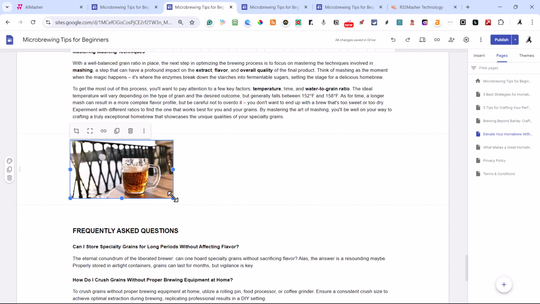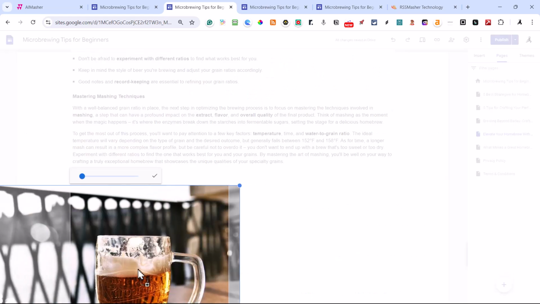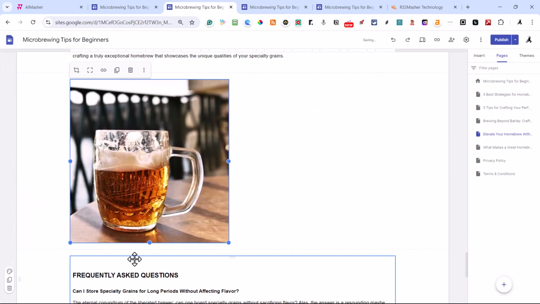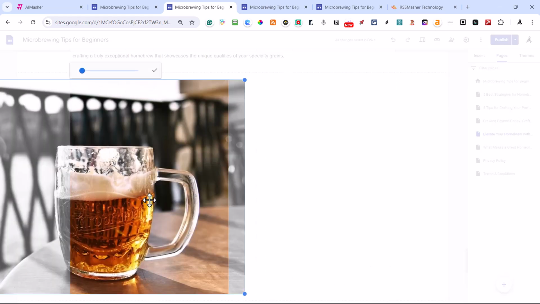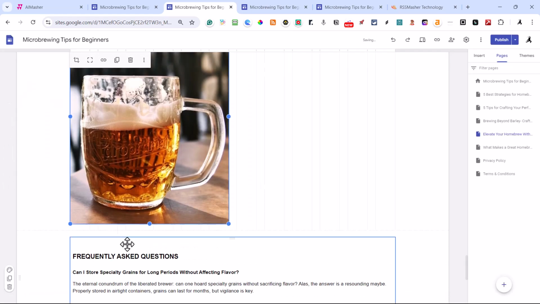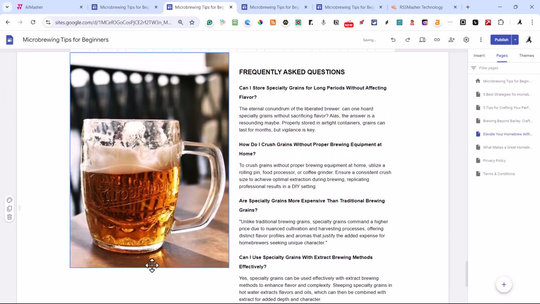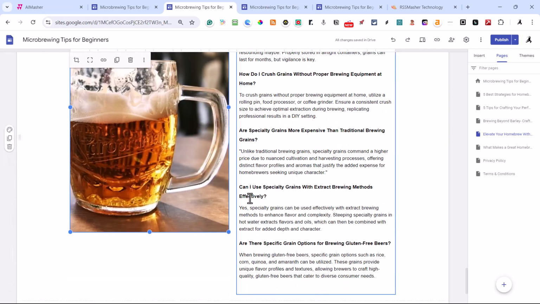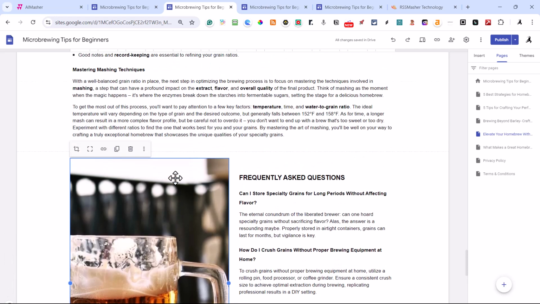And I'm going to do something here. I think it's going to give it a little bit different. Double click it. That looks good. Kind of make it a little bit longer. That looks real good. Okay, and then I'm going to pull this and put it right there. I'll go ahead and make that long. Yep. That looks nice. I like the way it came out.